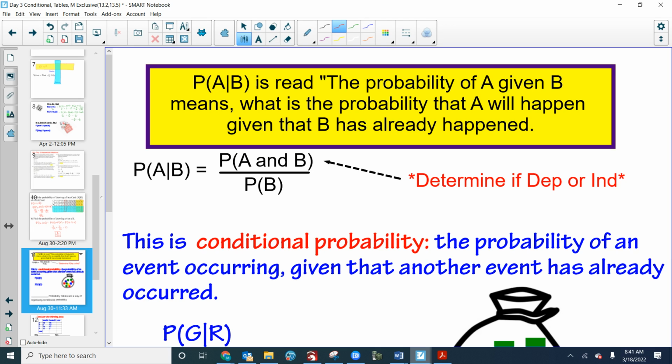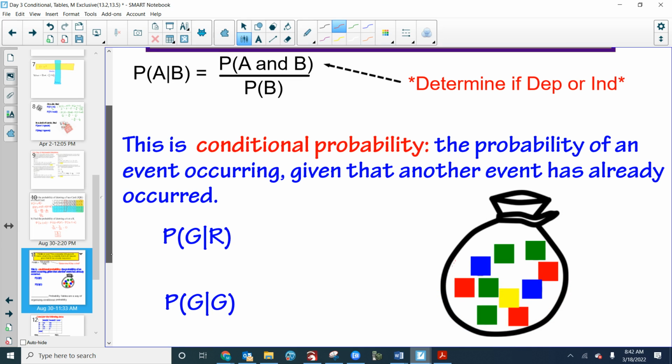And it is important that you learn how to read it this way because it describes what you're going to do, okay? If you read it as P of A given B, we can add a couple words in there and say P of A given that B has already happened, okay? So let's do a couple quick